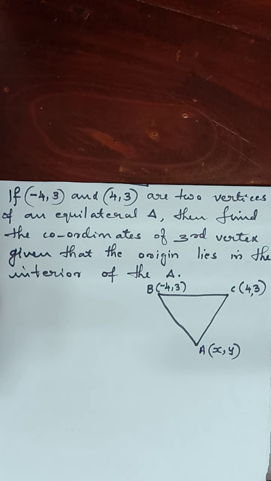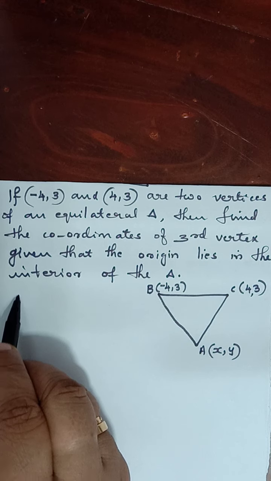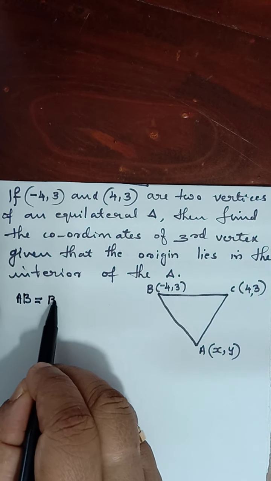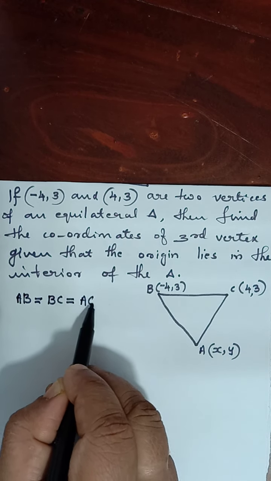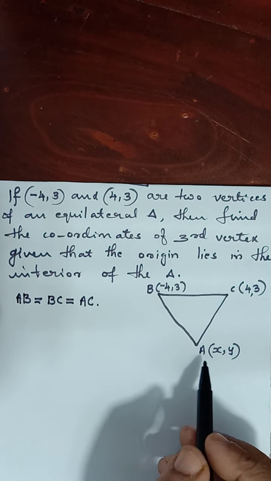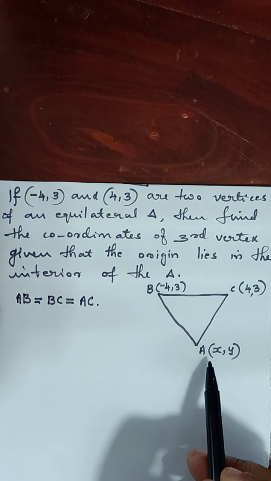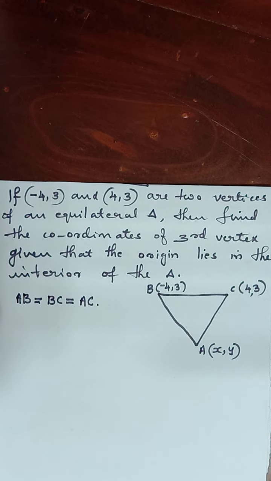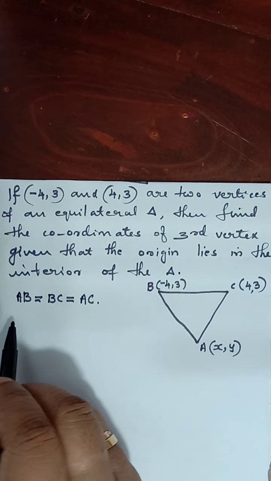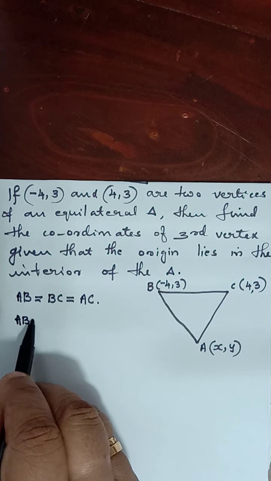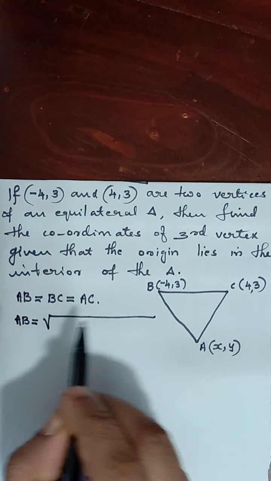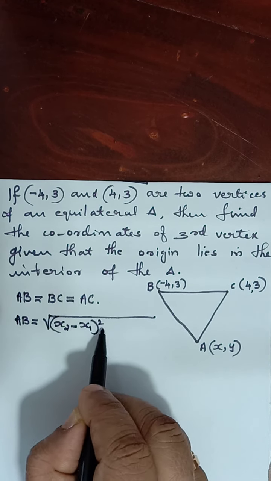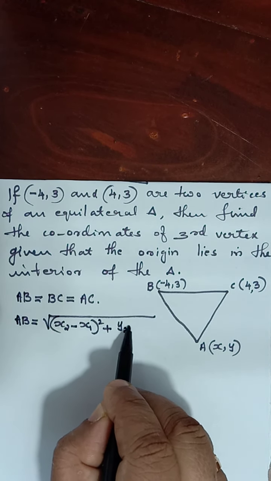If it is an equilateral triangle, the property or the characteristic of an equilateral triangle I told you, AB will be equal to BC equal to AC. So as the coordinates of the vertices are given, let us find out what is AB, BC and AC. It is a distance, you know. So by using the distance formula, we are going to find out what is AB now. First, we have to write the formula: square root of (x2 minus x1) whole square plus (y2 minus y1) whole square.